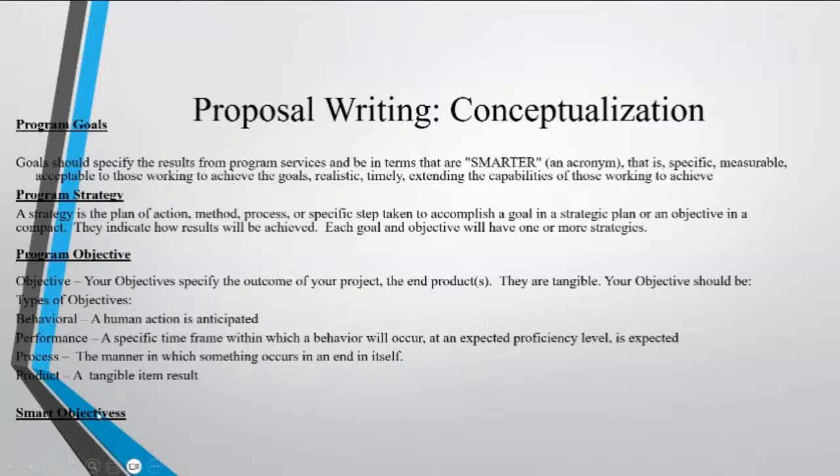This is if you want to create a manual or a book or lesson plan. This is a tangible result. Again, your objectives should be behavioral, performance, process, or product, and you need to understand the difference between these. SMART objectives.